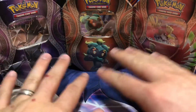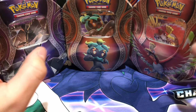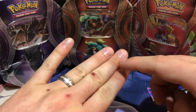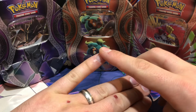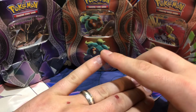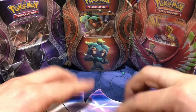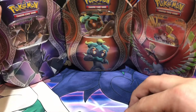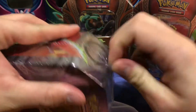Ooh, look at all that shiny. That's cool. So I'm really excited to get into these. If I'm understanding it correctly, each of these tins has obviously 4 packs. 3 of them are one of the Sun and Moon expansion sets, and then the last one, for Necrozma, should be an evolution. So I'm going to be saving the evolutions for a larger evolutions opening later on, kind of like to cap out the end of the year. But for these, I'll open the other 9 packs today, and we'll see what kind of hits we get. So without further ado,